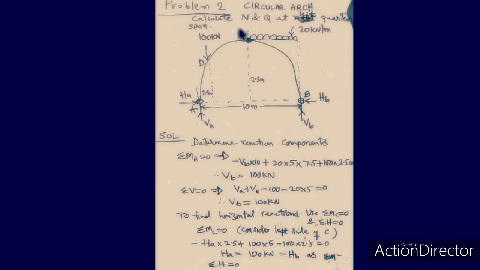The point to be noted here is that only the left side forces are taken. You can also take the right side forces and equate it to 0. You end up with the same value of H. So HA is equal to, we got it from this one, 100 kN. Since sigma H equal to 0 means this HA and HB must balance each other, that is why we got HB also equal to 100 kN.